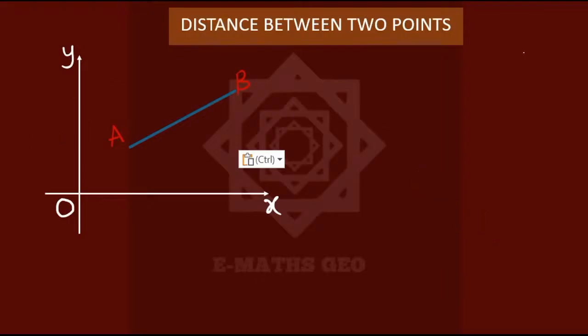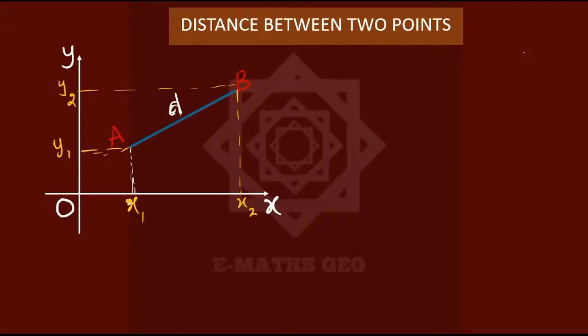Okay, so let's call the distance between the 2 points D. So let's get a formula for that. Before then, A will have both X and Y coordinates. So let the coordinates of A be (X1, Y1), and that of B, (X2, Y2). So you notice we form a right angle triangle,